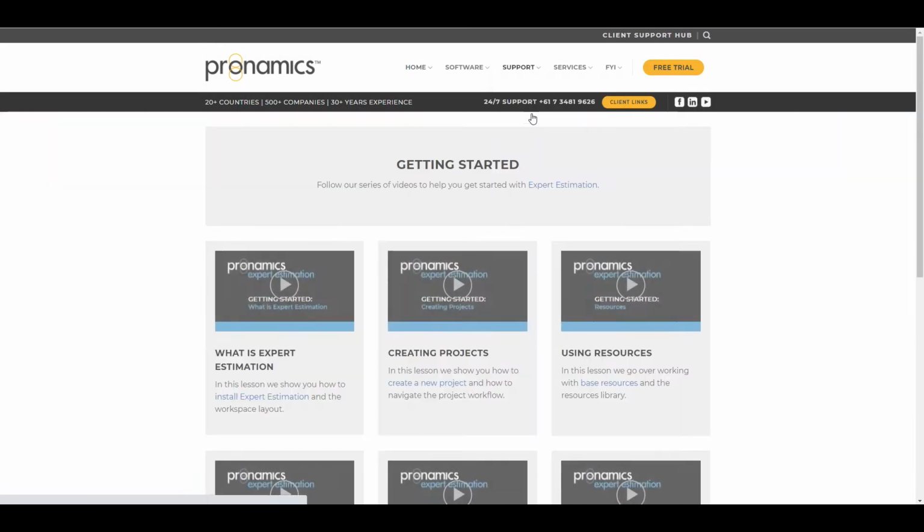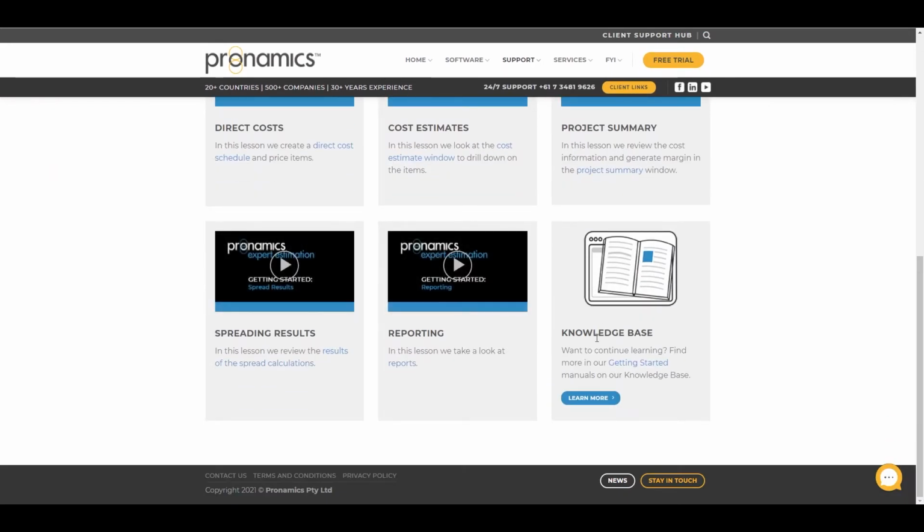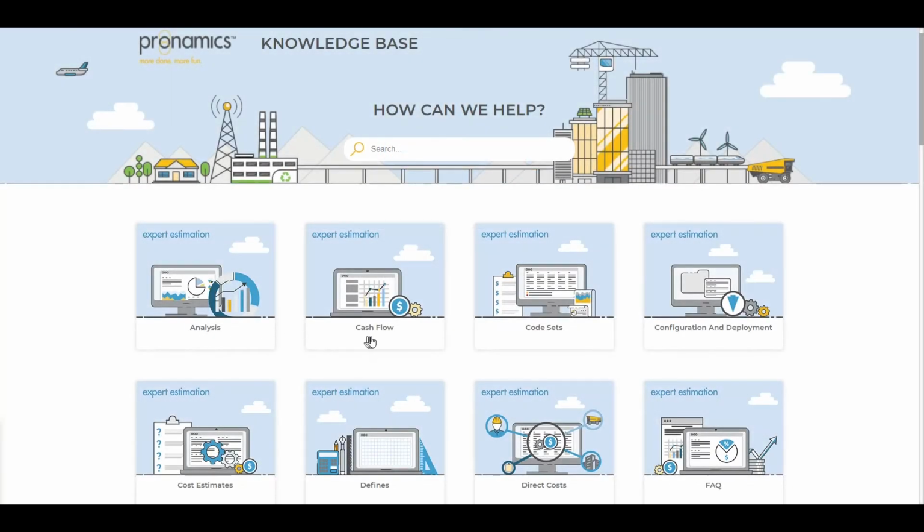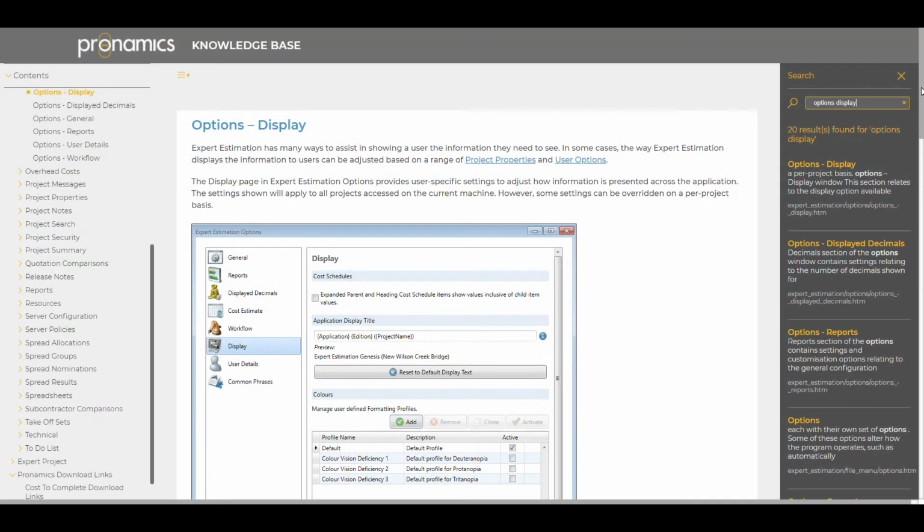our Getting Started page, or by going directly to knowledgebase.pronamics.com.au. Some of the benefits of the new format include straightforward alphabetical topic listing, easy search and scroll results without